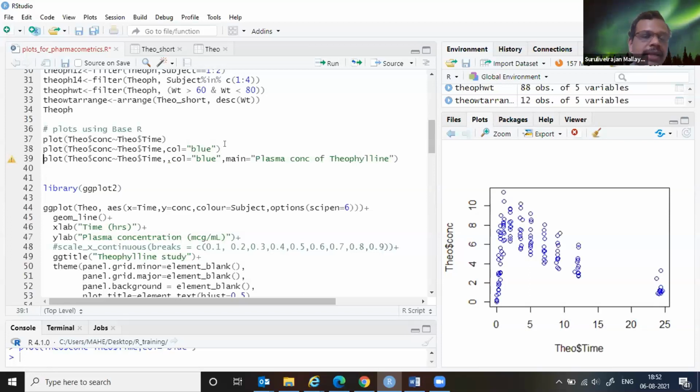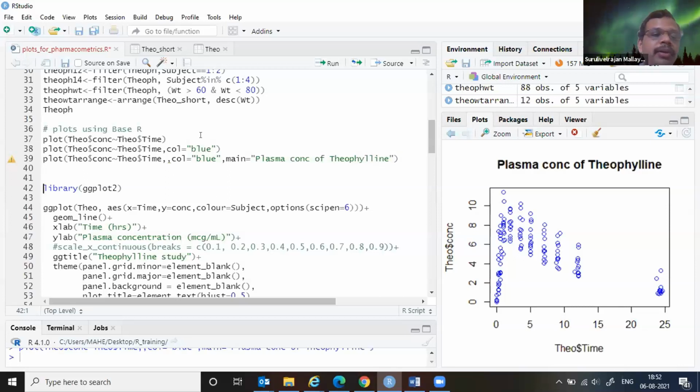Like this, we can use the base plot without any package, but just by basic plot, we can't do very good or great plots. It's possible. Everything is possible. In the base plot itself, you can do wonderful plots, but you have to write each and every line of code, and it's up to you how much effort you want to put in adding those comments.